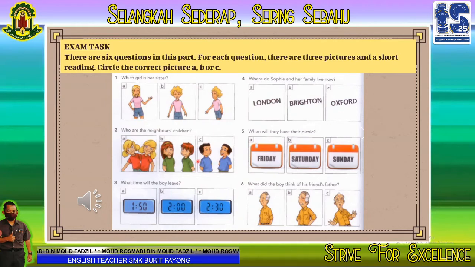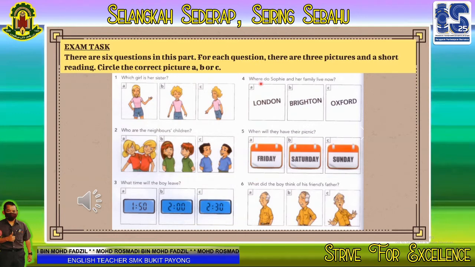Okay, and then I want to remind you, in the audio, in the conversation, it's a bit tricky because they mention some of the answers. Like number 4, they mention London, Brighton, Oxford, but you must understand the question.